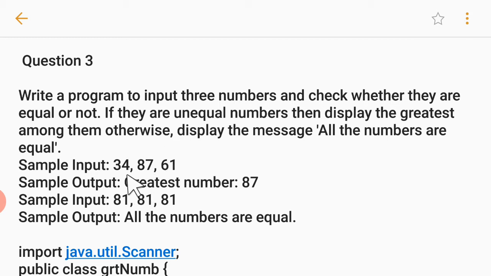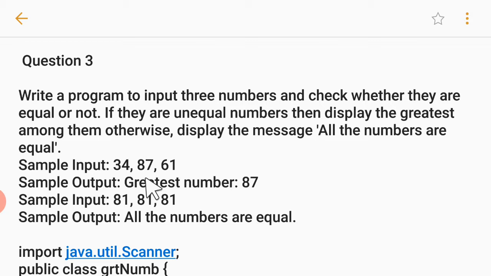Suppose in this case you can see, and I assume that this is a, this is b and this is c. Now student, what will happen? I want to check, and I am not aware that which value is there. So first thing I have to check a is bigger than this and this. So I will write if a is greater than b and a is greater than c also, then this is the greatest number, which is not the case here, but I am just talking about the condition. Otherwise, I have to go for B now. B is greatest. So I will check B is greater than A and B is greater than C. So that will be the greatest.